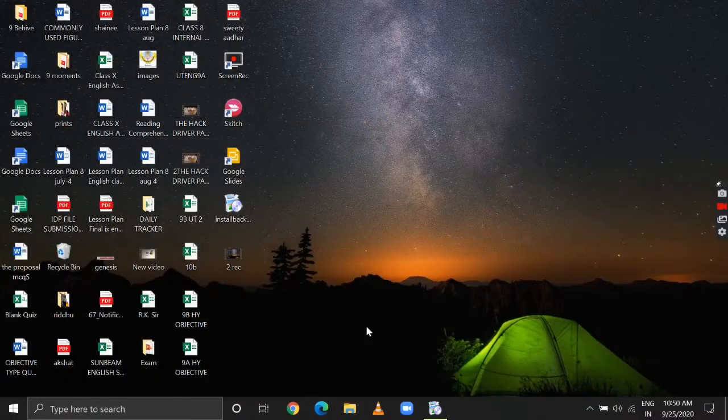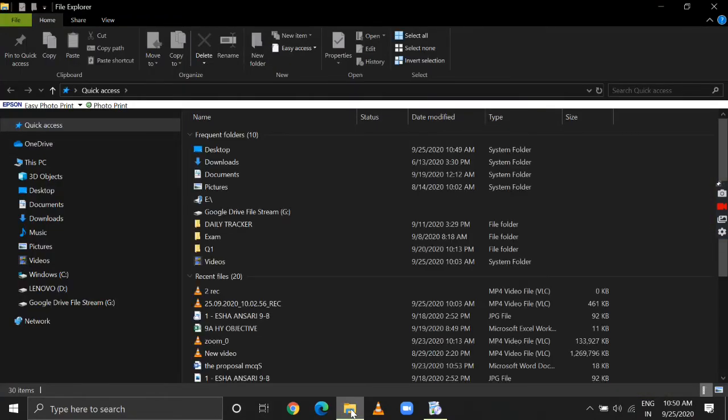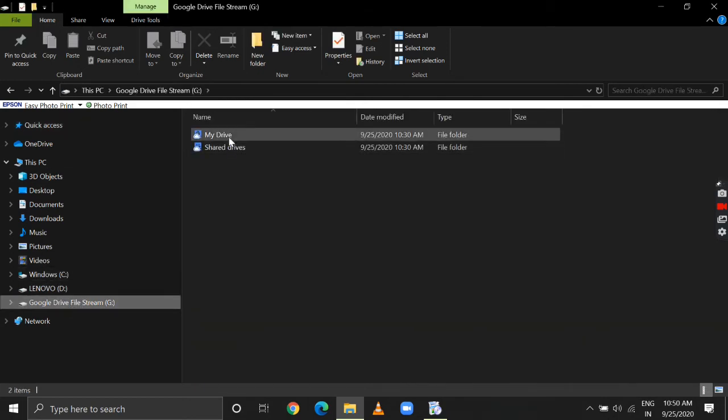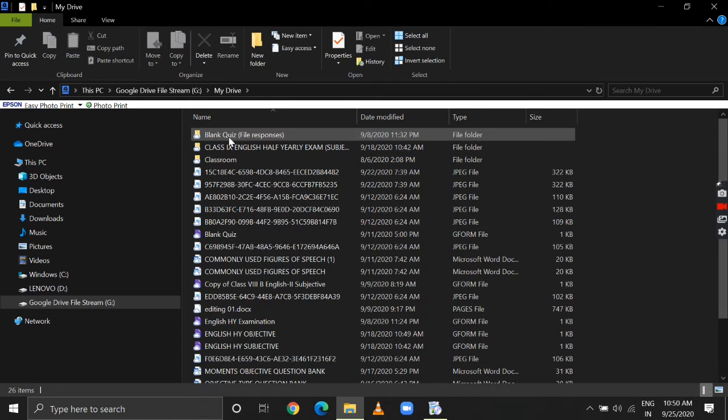Once Drive is downloaded, we have to just open our folder or My Computer, and we can easily see that Google Drive is also shown with the other computer drives. So now we just click on this drive and we can see all the files that we were able to see on the browser itself. But you can see that there is a cloud icon on each and every file.